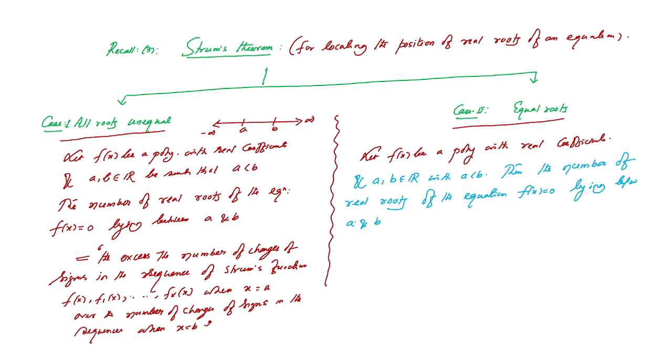So here we are talking about a multiple root, because roots are equal, if there be any, being counted once only,